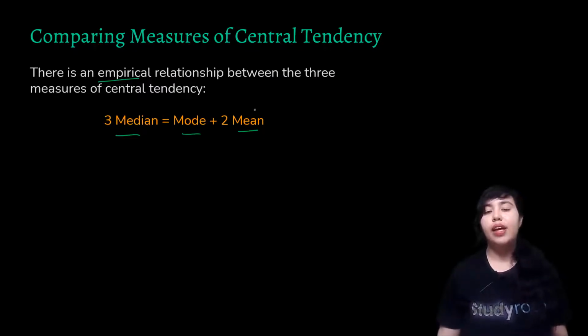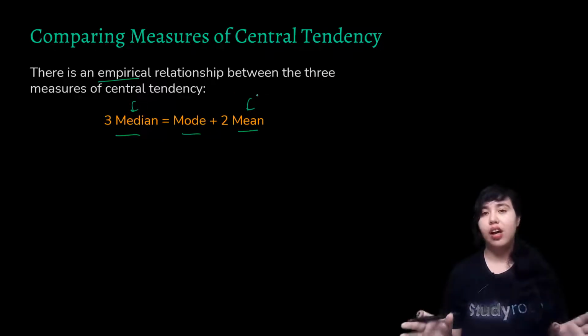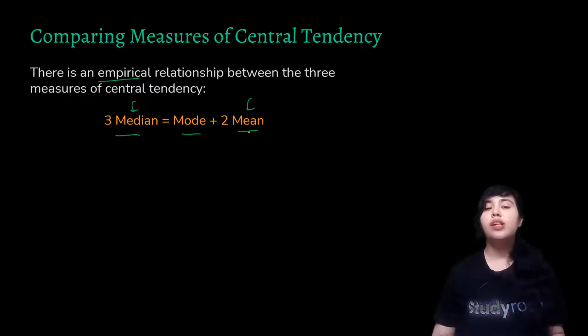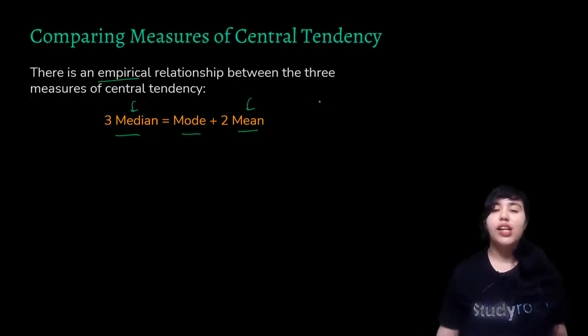For example, if I know for any data just the median and mean, and I don't even give you the data, then how will you go about finding the mode? If data is not there with you, it will be very difficult to calculate the mode, and then this relationship can be very useful. So let me give you an example.